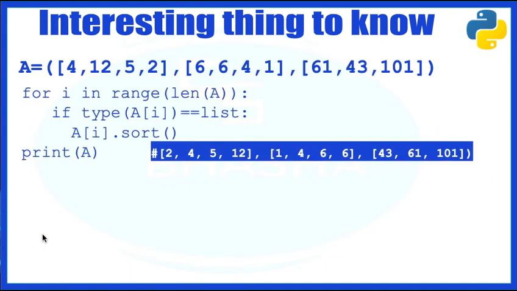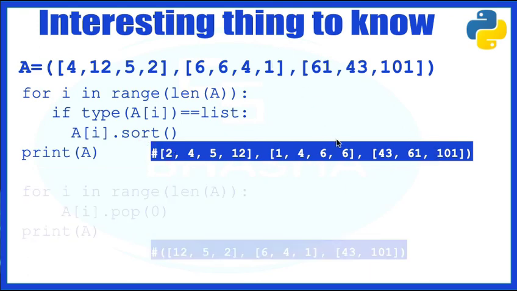And let's talk about this case. The interesting thing to know is that if I use I in range, I can sort an individual element inside a tuple if it is a mutable element. For example, the first element is a list: 4, 12, 1, 2, 5, 2. I can individually sort this because it's also mutable, but as a complete tuple I can't. So can you see, I am able to sort using this function and I get this answer. So that way it can be changed, otherwise it cannot be.